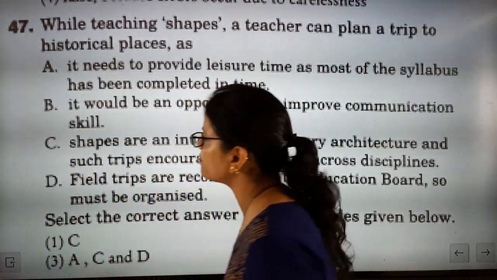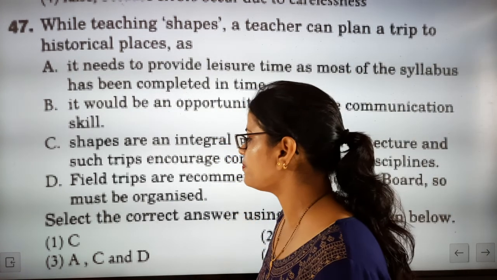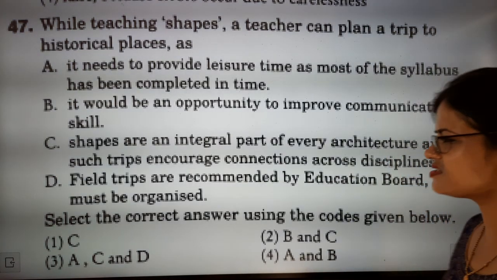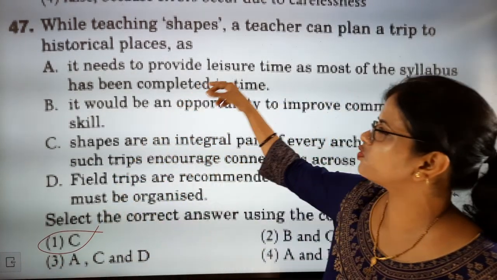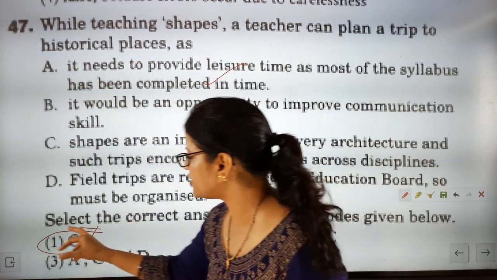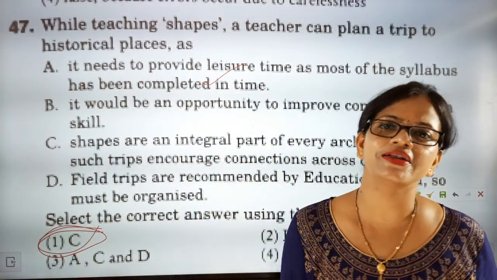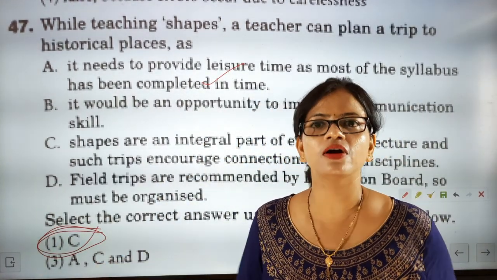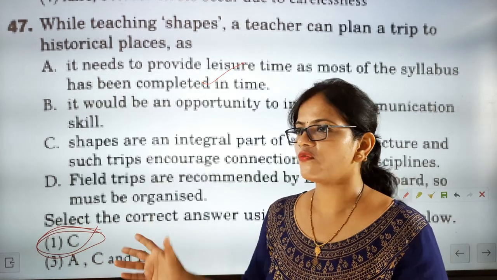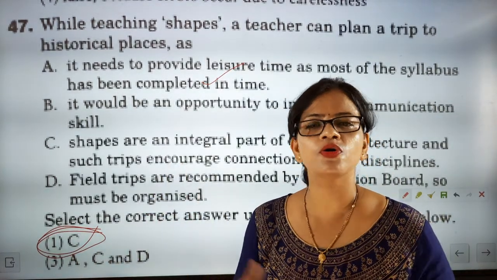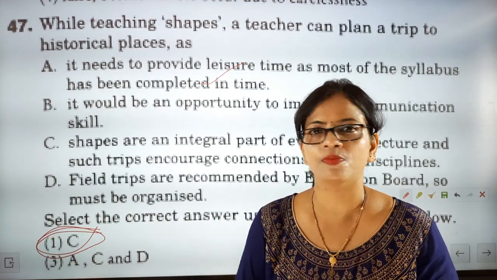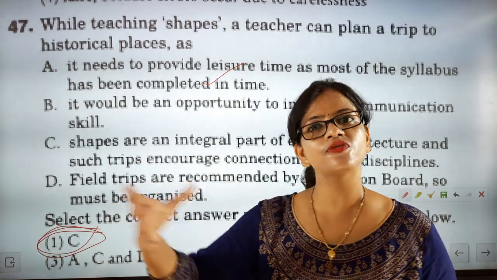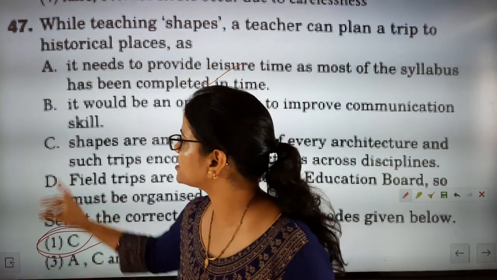Sorry, she has done a correct work by taking them, because the first statement will be the correct statement here, that only C will be the correct answer, because in the rest she is just having extra time, so only she is taking the children. No, she wants the child to understand that each and every architectural concept is incomplete without shapes. Bricks will only make a wall. When walls combine, they make a room. A room can be a square room, a room can be a cuboidal room. Then 2-3 rooms will be formed, then a cylindrical shape will be there. So pillars are of cylindrical shape. So definitely she has done a correct work.